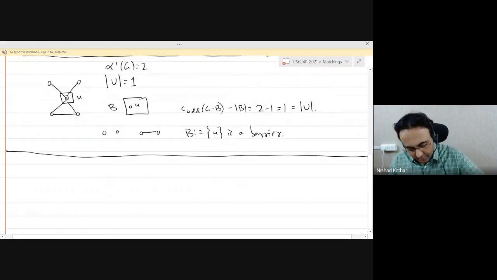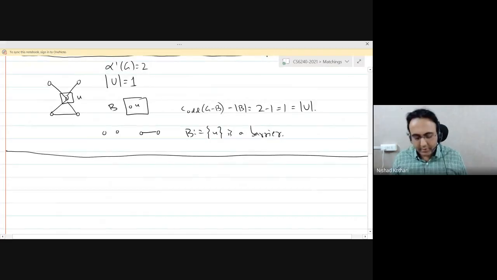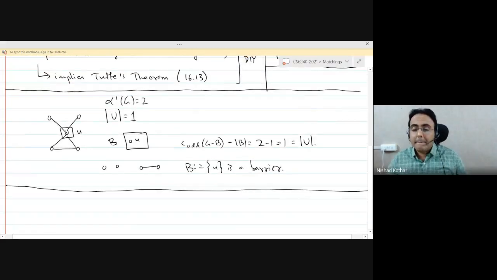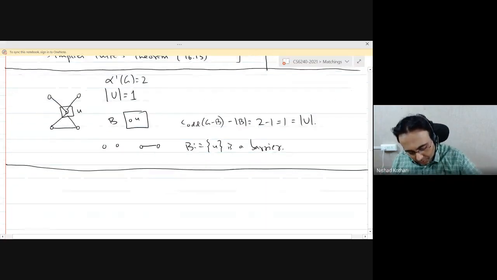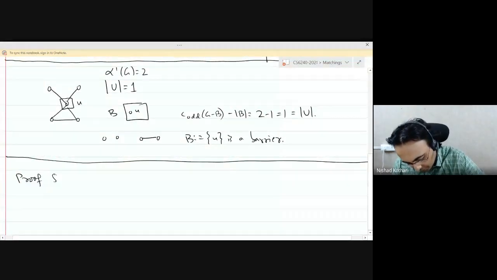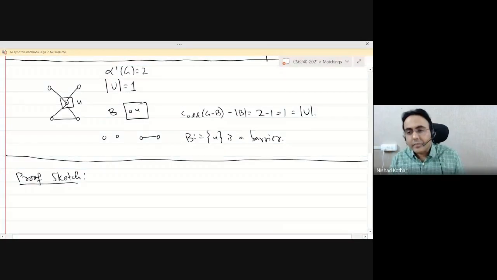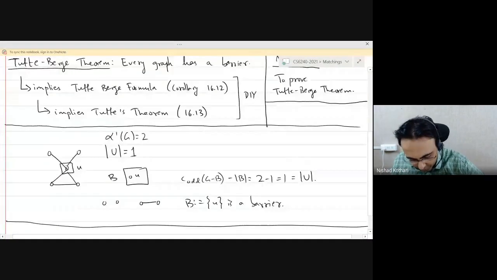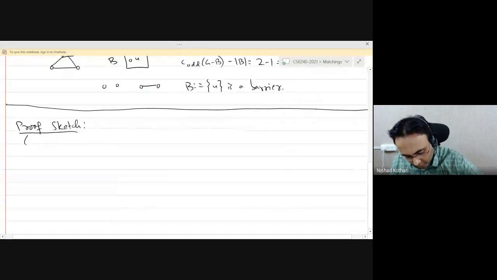All right, so now let's see if we can proceed to prove this theorem. I'll first give you a proof sketch, and then we will fill out the details. This is the proof of the Tutte-Berge theorem, which is 16.11.